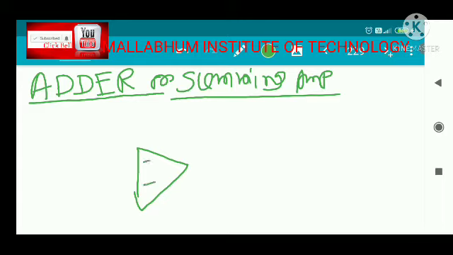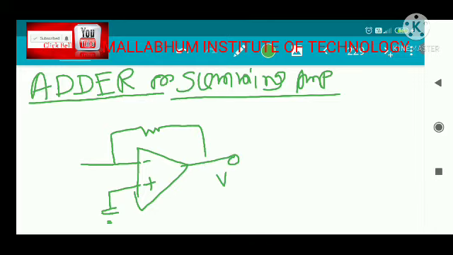This is negative, this is positive, and this is grounded, and 2 inputs are being applied. This is the feedback resistance RF, this is your V0, and 2 inputs are being applied,